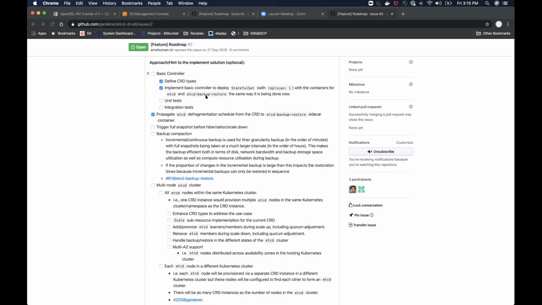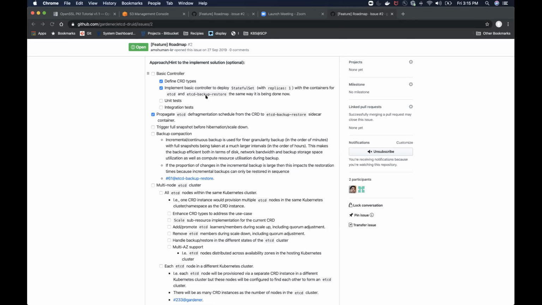So there will be a job that will be running separately at regular periods of time. It will take the full snapshot, take the delta snapshots, and compact them into a full snapshot. This would be done in a different path than the Etcd, so that there wouldn't be any performance impact on Etcd. This would drastically reduce the restoration and restart time of Etcd in case of crashes and